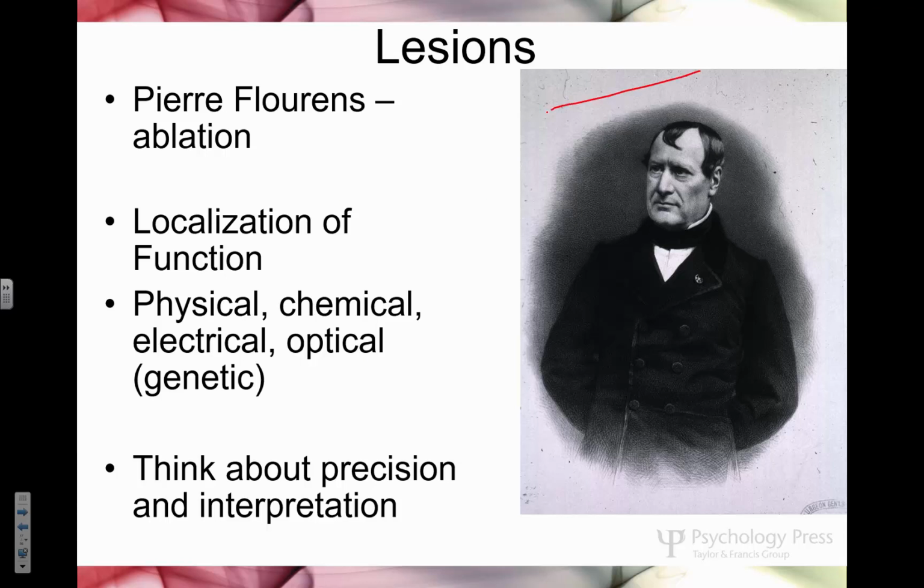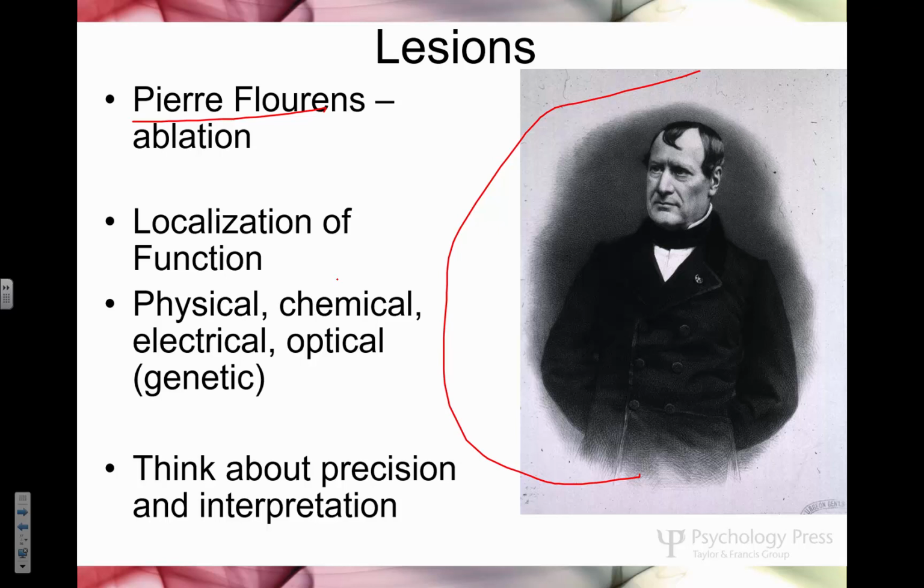Hey, here's a great looking guy. This is Pierre Flourens. He was a French guy who developed basically scooping out parts of brains and figuring out what they do. That sounds like a really crude approach, and it is, but we didn't have any other approach before this guy back in the 1800s. He'd flip out a chunk and say, well, that's the part that makes the animal breathe, we figured that out. So we don't have to do that one again. We have much more advanced approaches now.